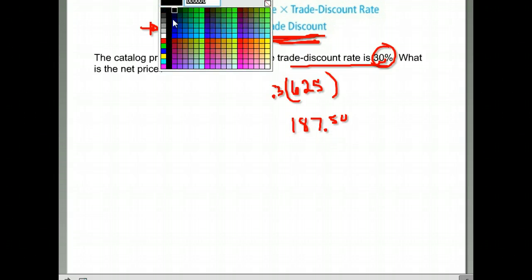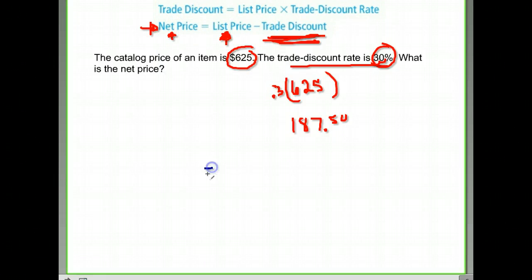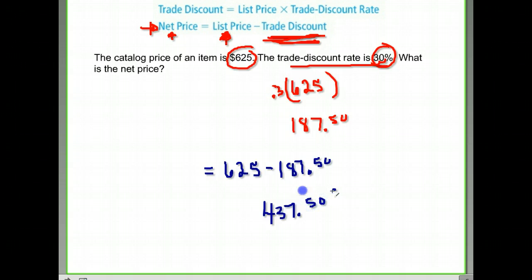Now if we go back and find our net price, we know it's equal to the list price of $625 minus the trade discount, which was $187.50. We find that the net price for this item, whatever it might be, is $437.50. So that's how much someone in the business would end up paying for it. It was listed at $625, but they got a 30% discount. So we took off that 30% and they were left with just